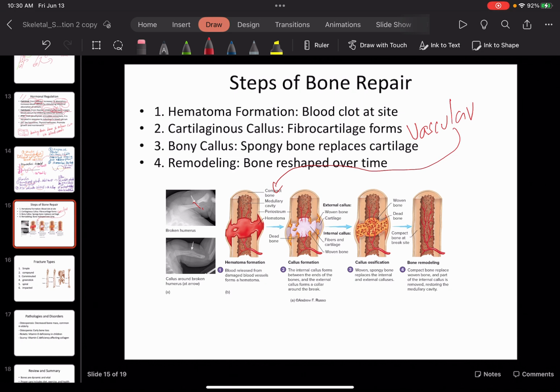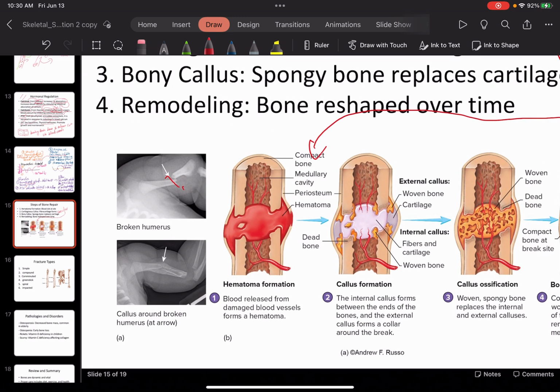So what happened in the first step? If one bone is broken, a lot of blood vessels are damaged. So blood actually accumulates in that region, and they form a hematoma. That's the first one. The second one,